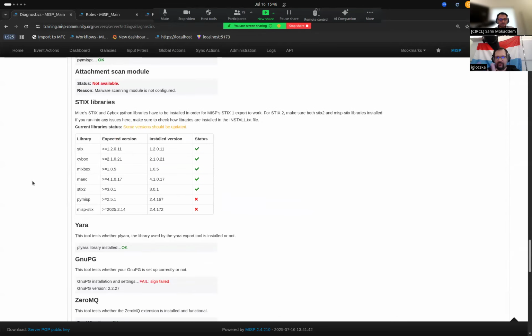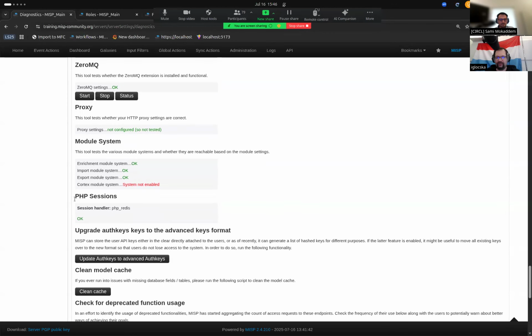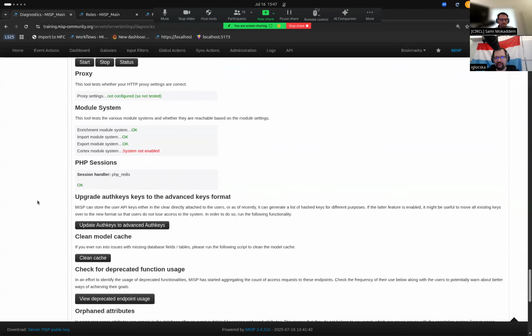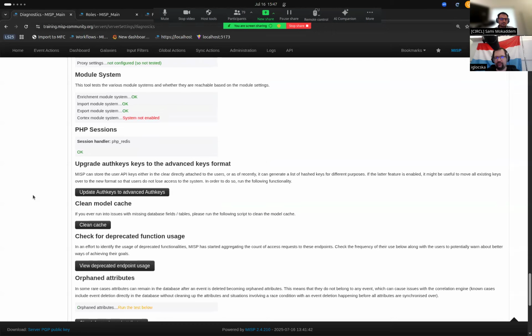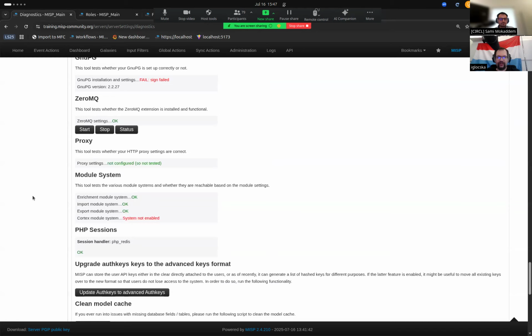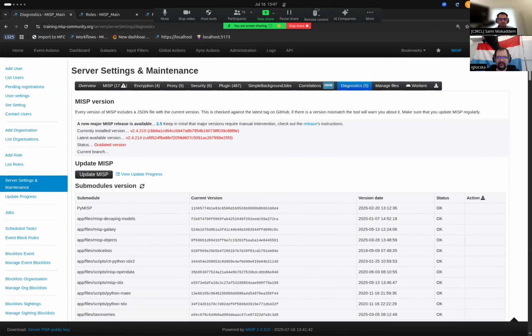Other than that, we have a bunch of checks for various libraries that we're using. So here we can just sift through them. You will have explanations of what each of those are, so don't worry too much about it. I don't want to spend too much more time on the diagnostics, so let's look at the other important part,